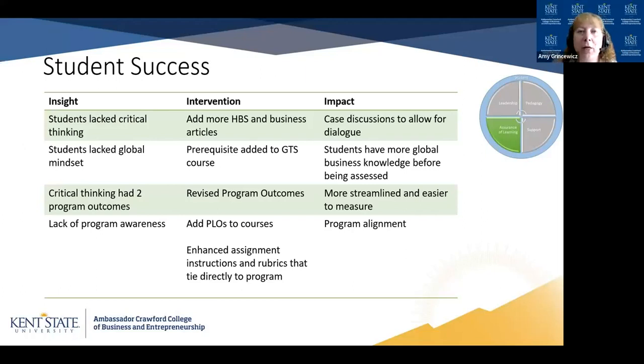We've also been learning through our students that they don't see the connection from one course to another in our programs. So one of the tasks I'm working on now is revising some of the assignments and the rubrics in our courses so that the course rubrics mirror the program rubrics that the students are using, and then enhancing those assignment sheets so that they see, okay, this is what critical thinking entails. We're adding more depth to what we're giving the students. That's what we're working on right now, strengthening the connection of each of the courses to each of the program outcomes that they support.